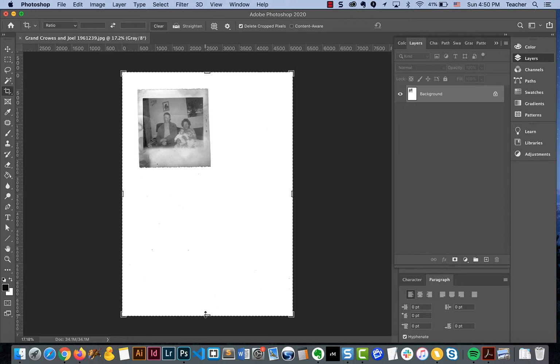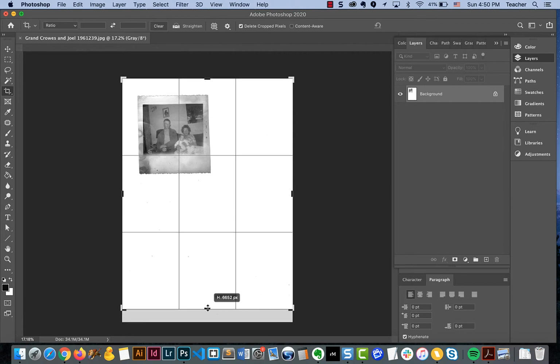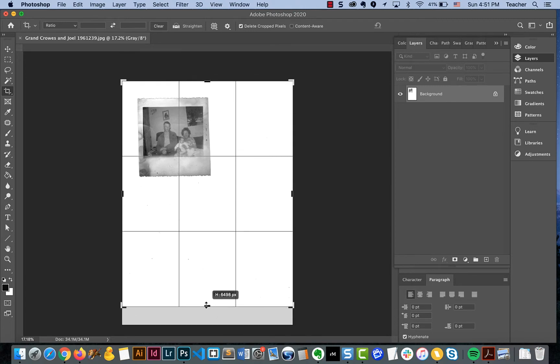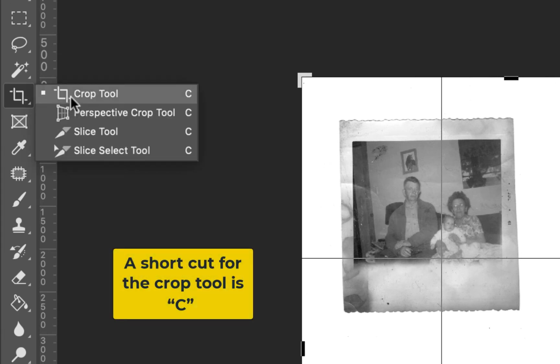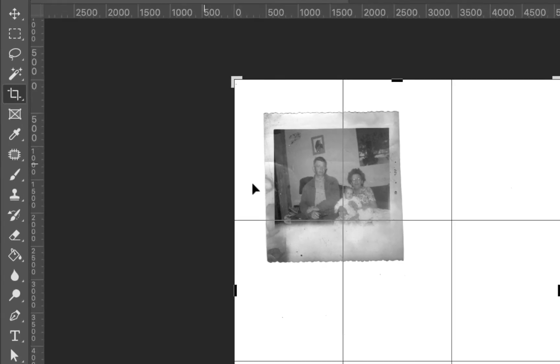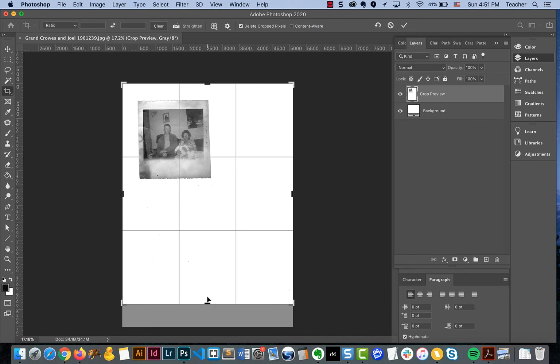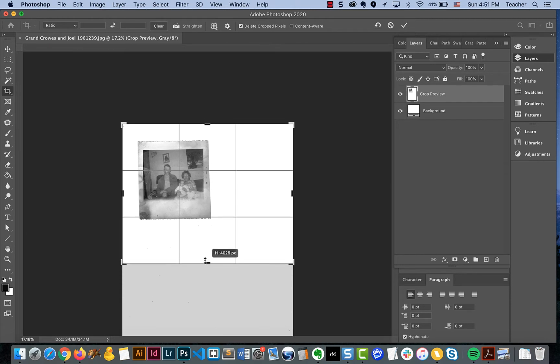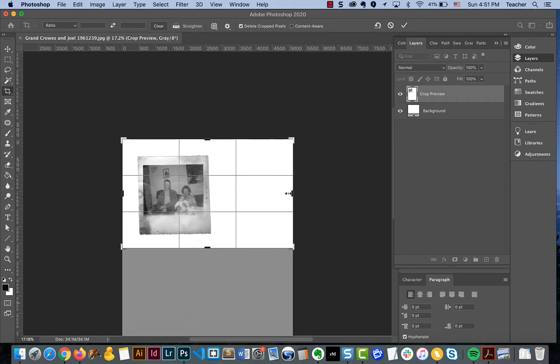So in some cases, whether it's on your part or somebody else's, you actually may have too much canvas here, and I've already got my crop tool activated. By default, it usually is the default tool, but if somebody has used one of these other tools, you may actually have to click on that crop tool and activate it. So by default, it brings open this crop area,